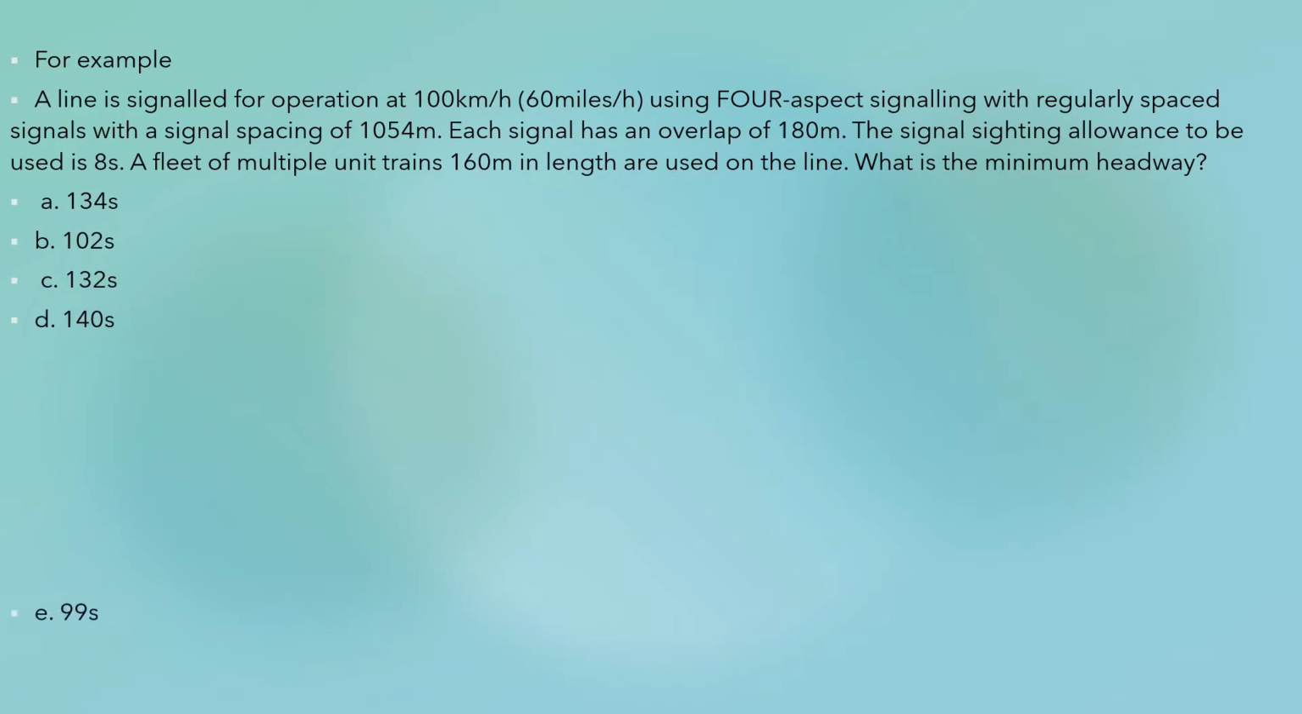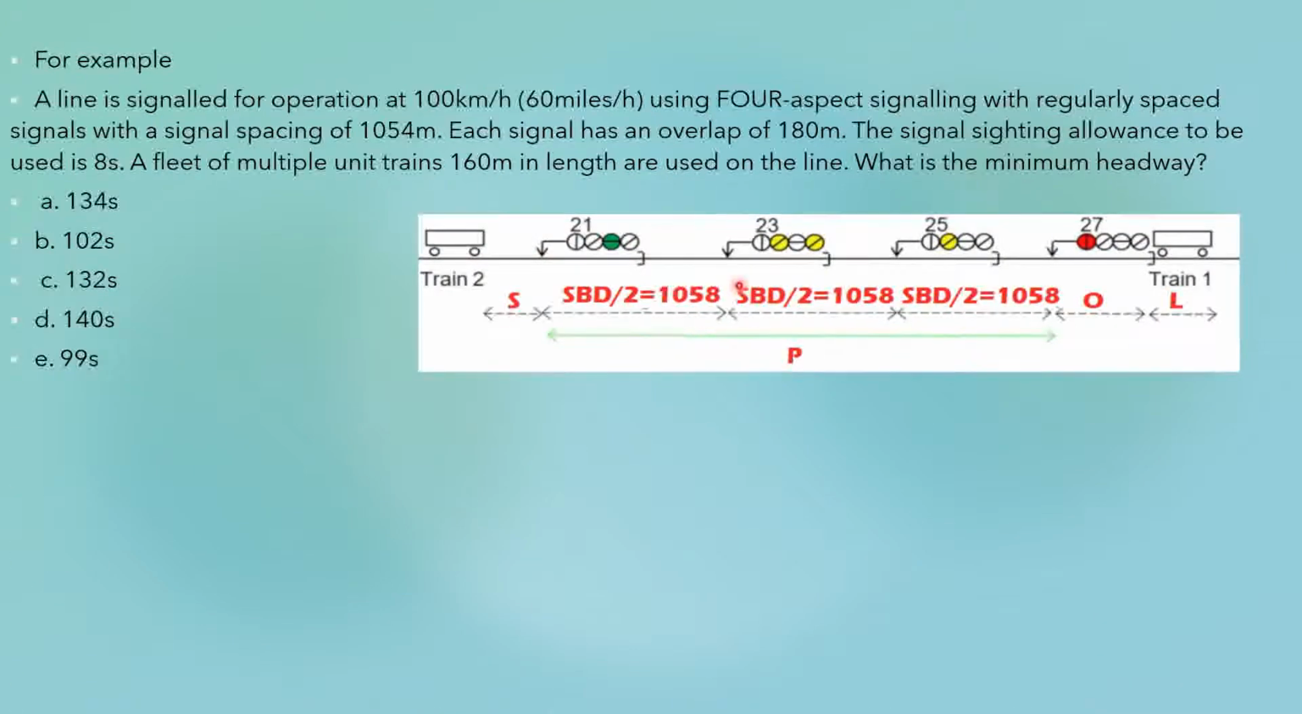We have multiple choices here. For our diagram illustrated here, the 4-aspect arrangement, we have train number 2 and train number 1. If train number 2 gets a preceded aspect or preceded signal, which is a green aspect on the first signal, so train number 2 will enter the block section here, and the second signal, which is a first quotient signal, has a double yellow aspect, meaning that the train driver will expect